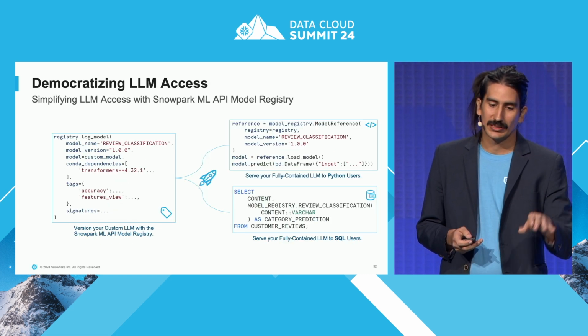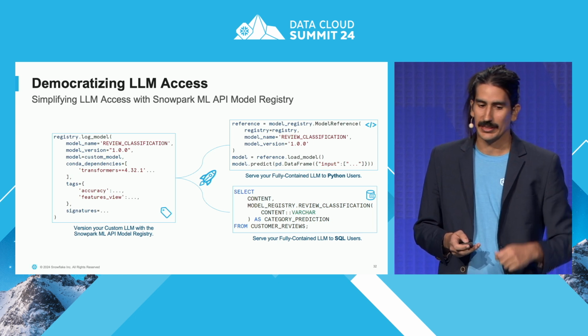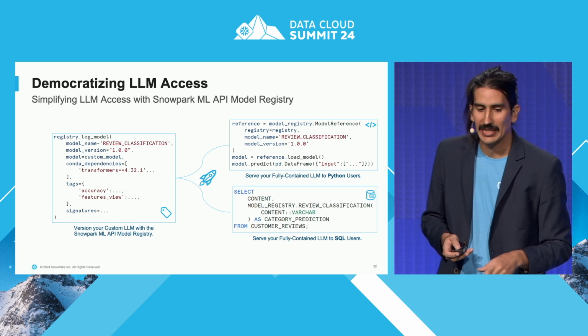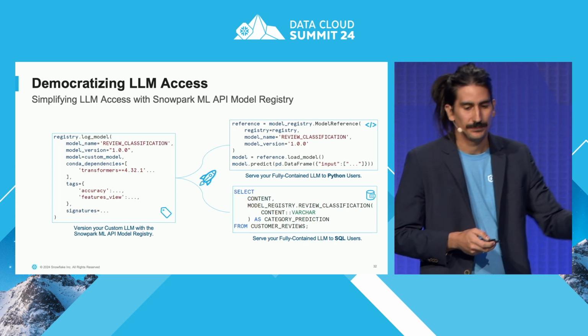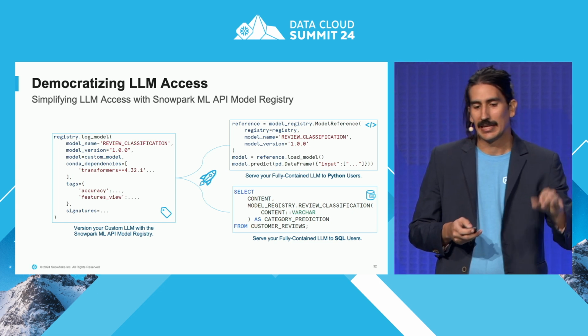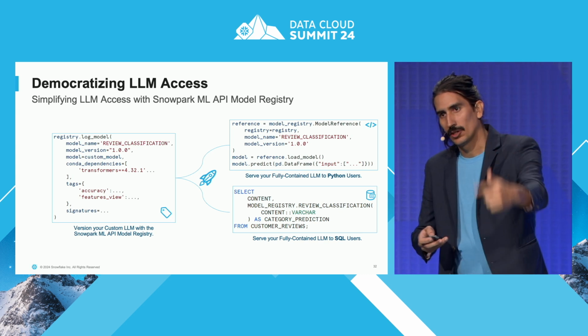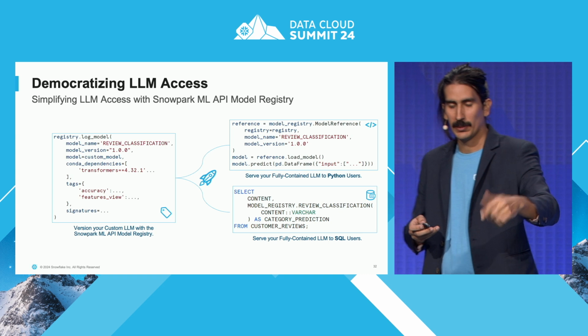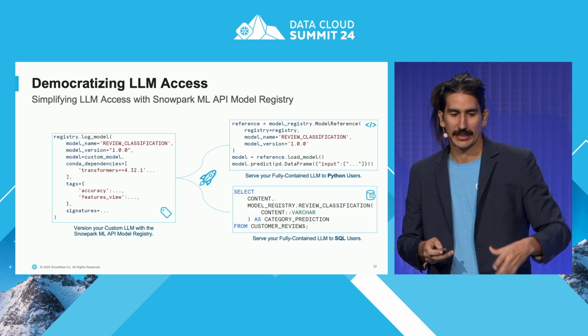After that, to log the model and to do the deployment, logging the model is also quite simple. You just need to use the log model function, define a name for your problem, define a version, and provide the object that you created in the last step and the library dependency for that model. And that's it. Just by doing that, you will be logging your first model version, and Snowflake will take care of all the dependencies and artifacts within that.